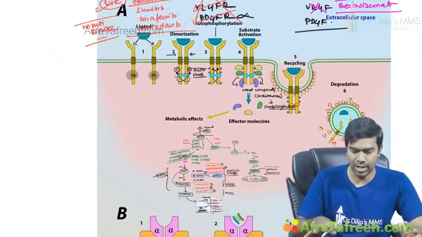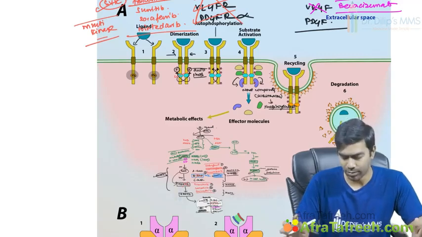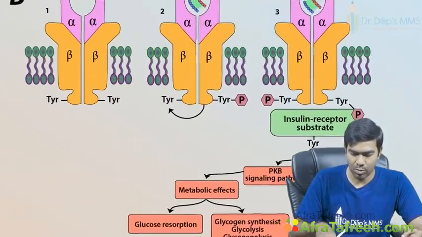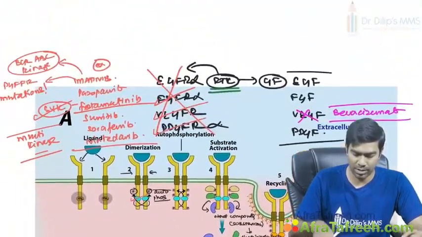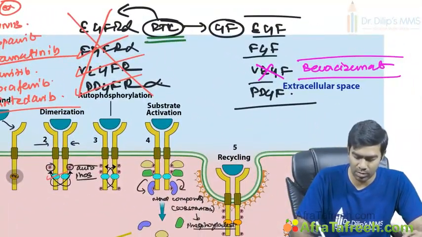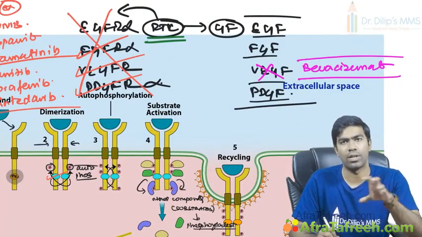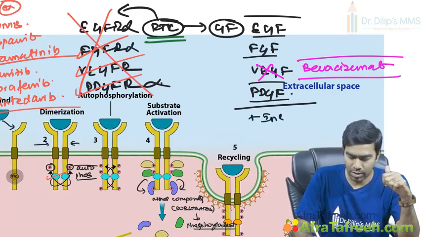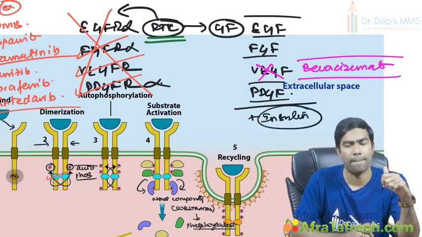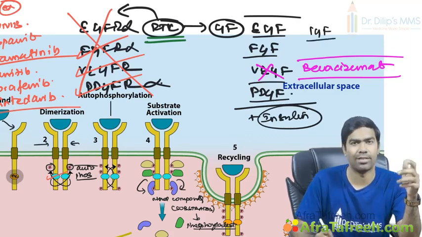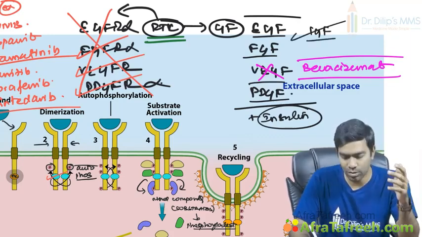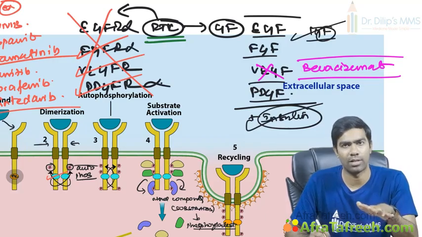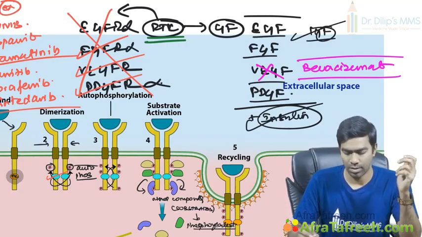So that is how this entire pathway is important for understanding the tyrosine kinases only. Clear? So this is a typical example of how insulin works, because I told you what are the substrates for this. Anything that is a growth factor, it ends with GF, it's going to act through receptor tyrosine kinases only, right? Plus you have to remember insulin. Insulin is a very important growth factor, and even if I tell IGF, that is also going to act through this receptor tyrosine kinase only, because it's also a growth factor. Insulin is a very important growth factor that you have to remember, that acts through receptor tyrosine kinases. Clear?